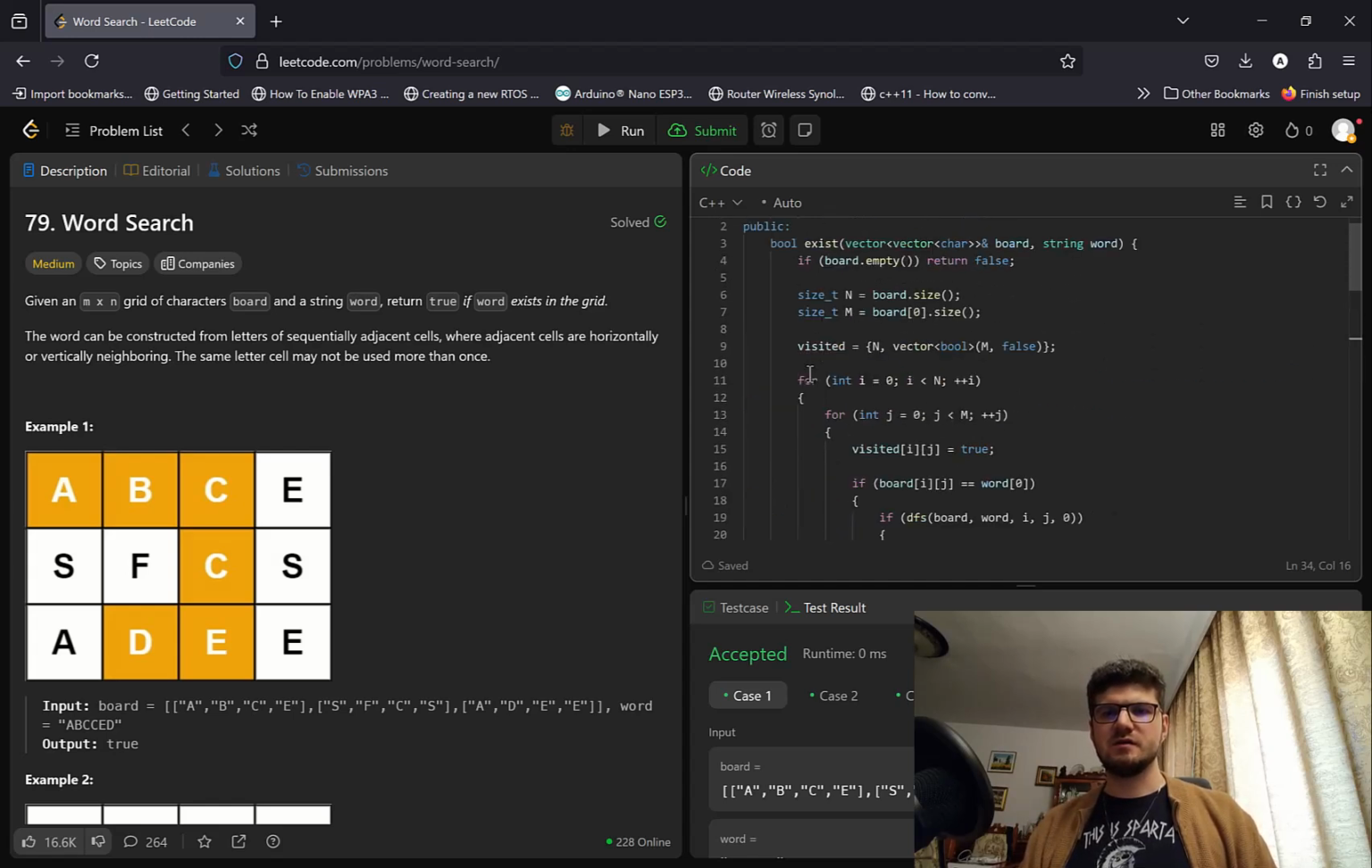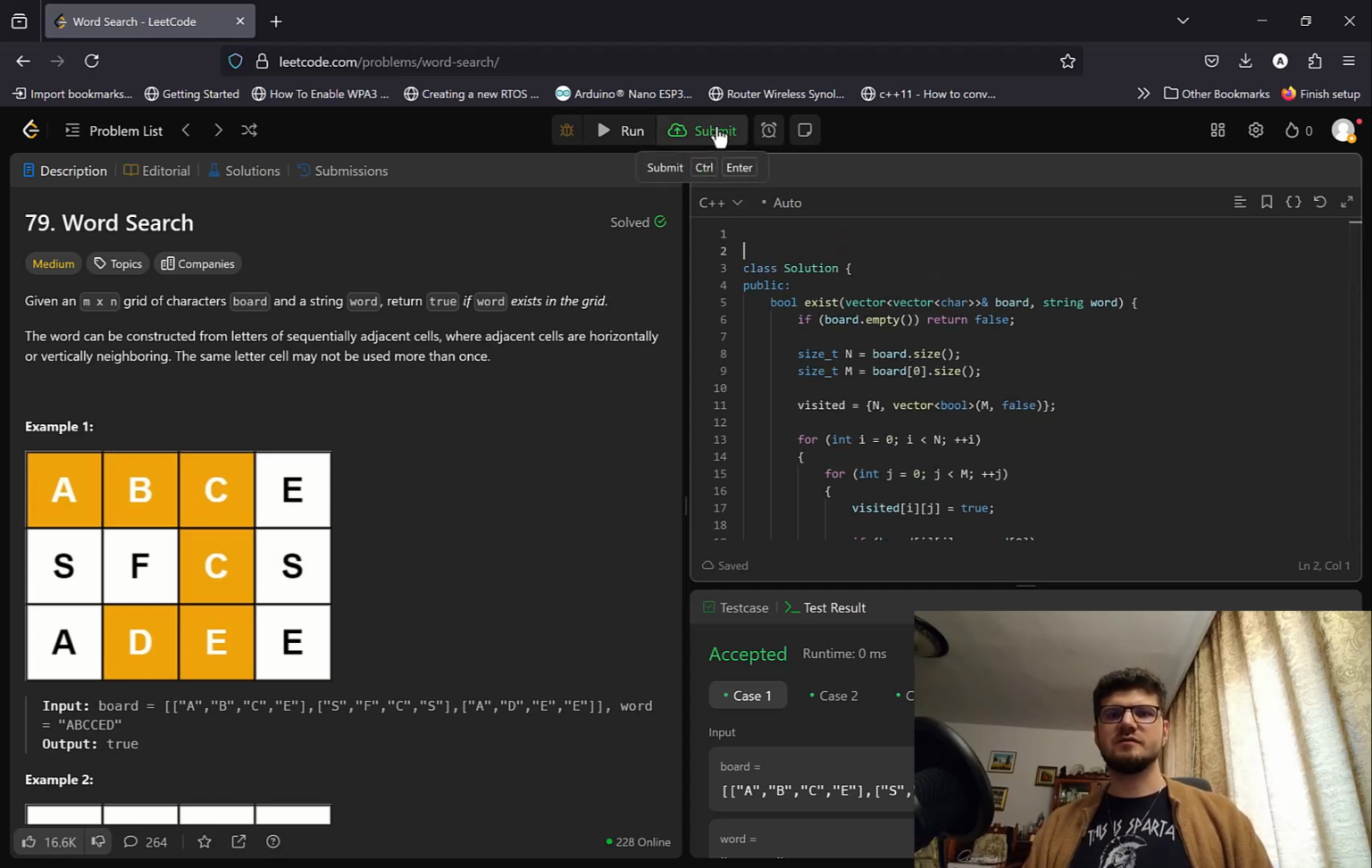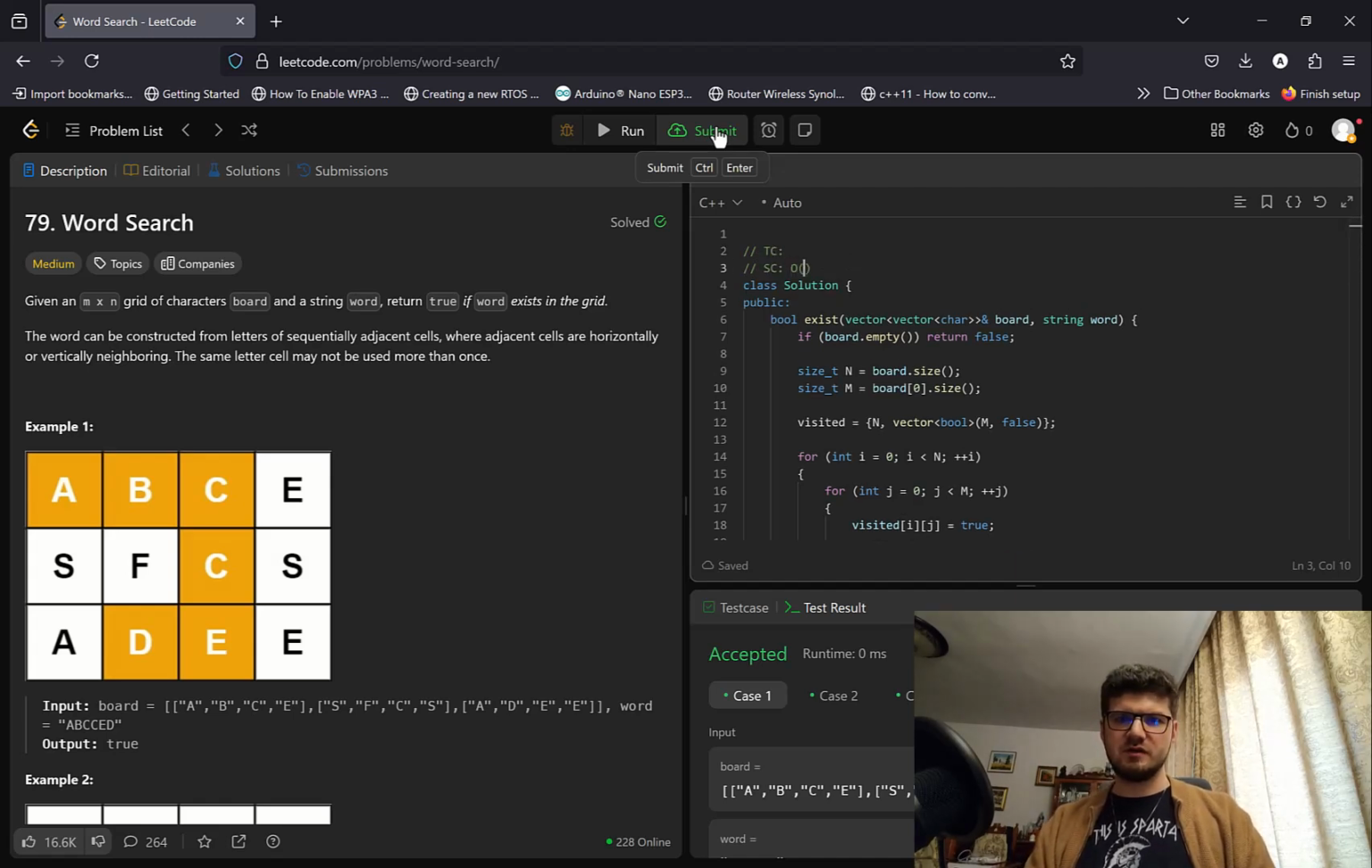Okay, so that's it in terms of time complexity and space complexity. Well, let's see if this works first of all. But okay, so space complexity is easy, right? It's O(n) times m. It's in the size of the grid, size of the board, and time complexity is going to be O(n) times m times 3 to the power L, where L is the length of the word,